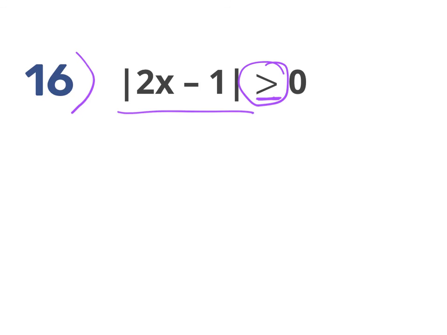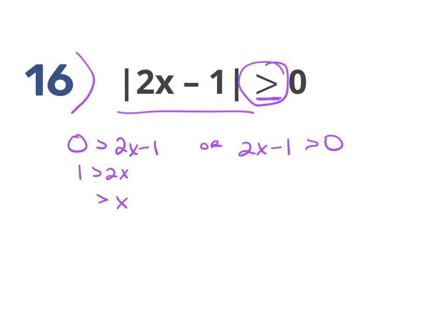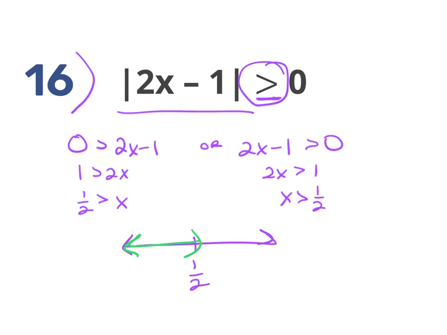So if I continued and did an or statement, doing 0 is greater than 2x minus 1, or 2x minus 1 is greater than 0, and I solve this, I'd get that x is okay to be less than 1/2 and greater than 1/2, which actually means